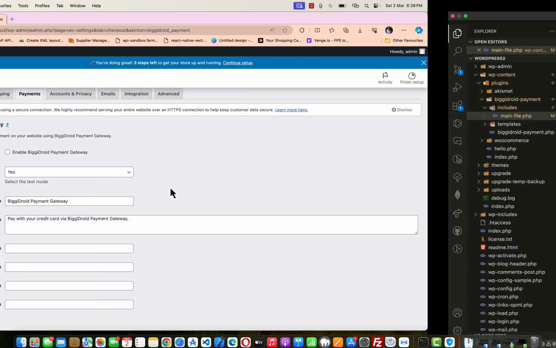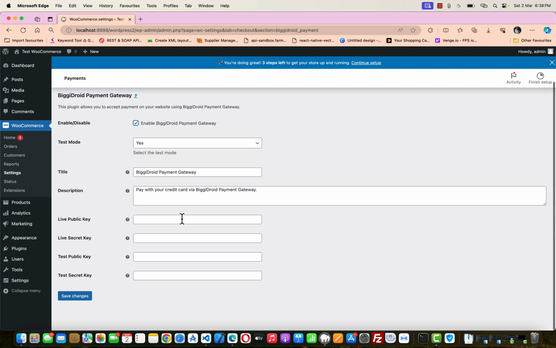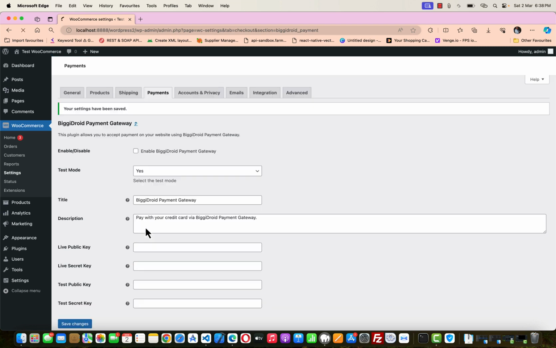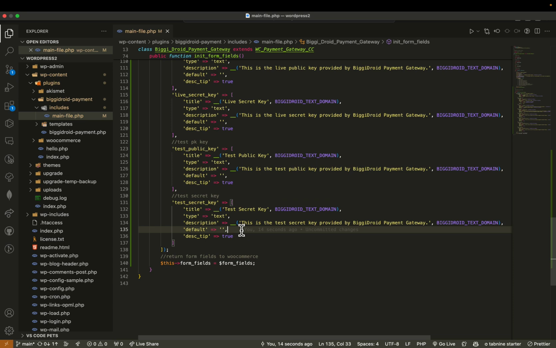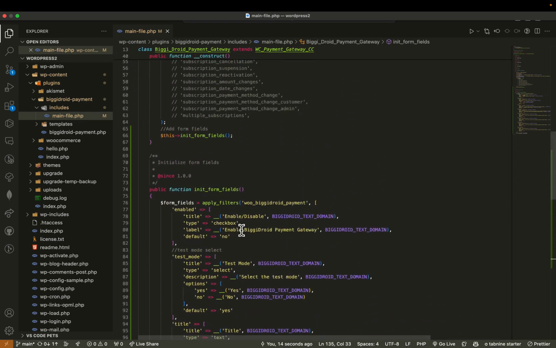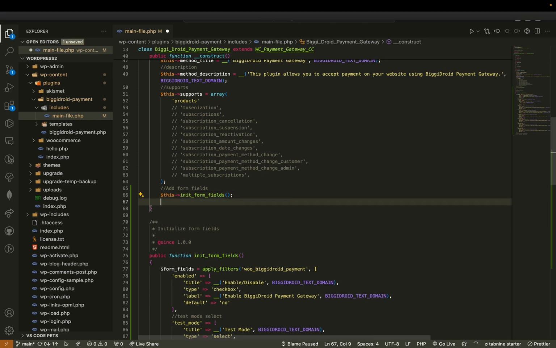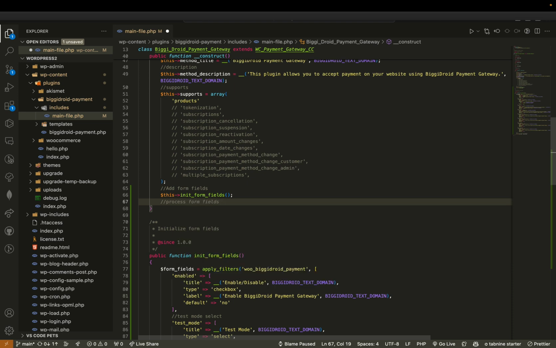So if we try to save this form now, it's not going to work. If I click on enable and I add something here, if I click on save changes, it's not going to save. That's because we haven't passed the instructions to save our form data. So the next thing we are going to pass now is processing the admin option. So here we're going to have process admin